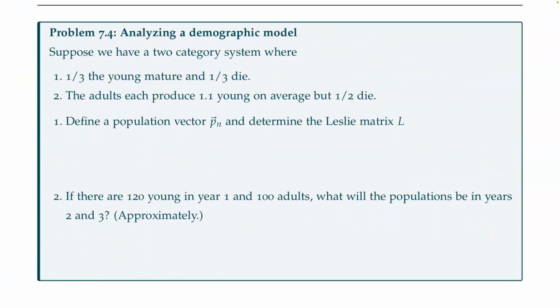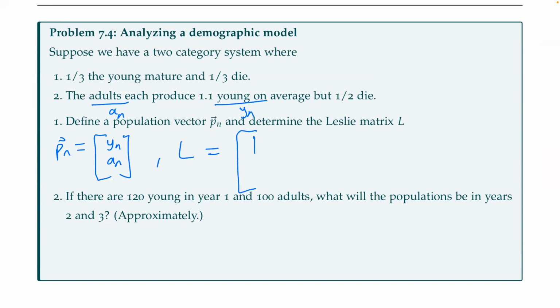Okay, we've only got about 9 minutes left, so I will work through a little bit of this problem with you guys. Again, maybe go through this in your own time with the full solutions. Here we've got a 2-category system, so we've got some young individuals and old individuals, so young and adults. We've got some details about how they mature. I'm going to refer to these adults as AN in year N, and the young as YN. My population vector in year N, I'm just going to define as YN AN, so each of the classes that we have. My Leslie matrix,